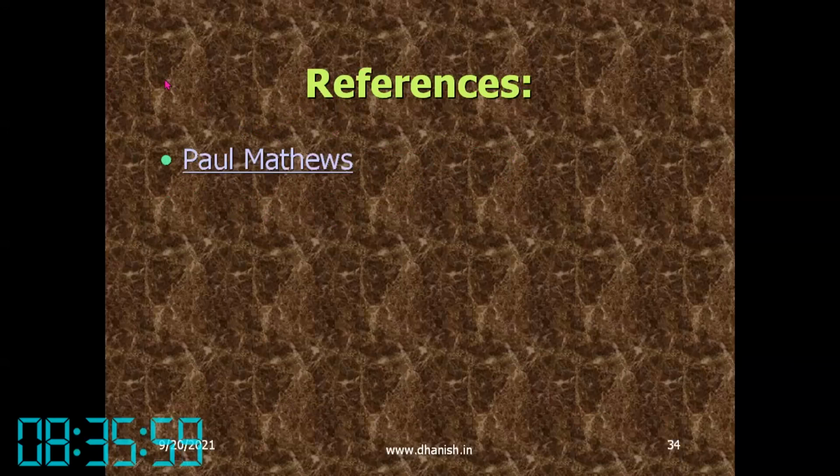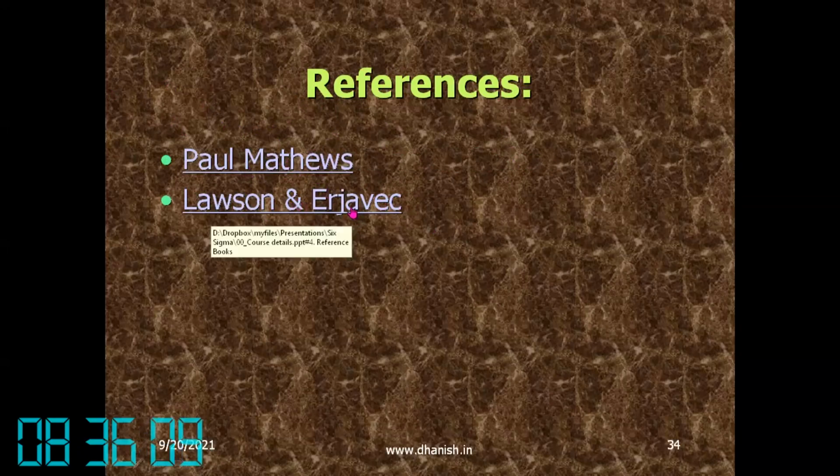With that we conclude the basic theory portion. On books, I have given some links, with some chapters from each book. Lawson and Rzovic, one chapter I have put on the EduServer site. Please read through. I have not given this slide mainly because it does not have an explanation. It just says correlation not equal to causation. You have to understand the meaning of that term, and only then will you be able to answer the questions in the quiz. What is correlation? What is causation? You have to ask and try to answer all these things, so spend some time studying this.